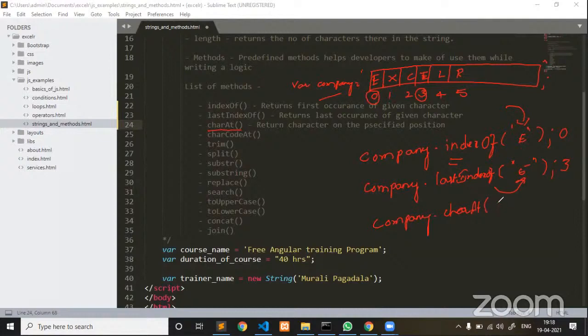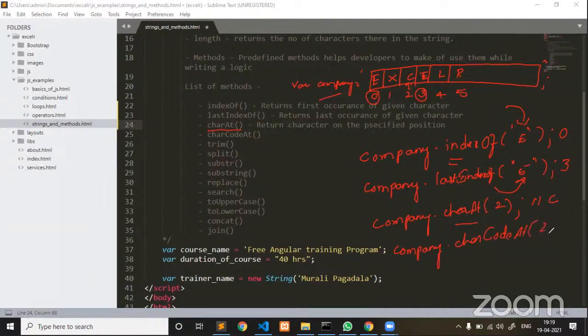If I pass index 2, the character at index 2 is C, so it is going to return C. That is what charAt does: it always returns the character at a specified position. Whereas coming to charCodeAt, company dot charCodeAt.